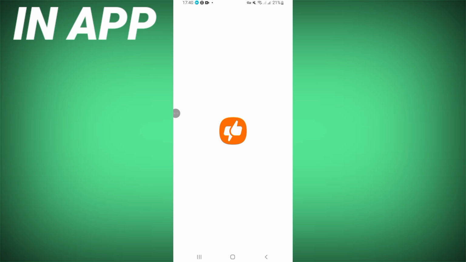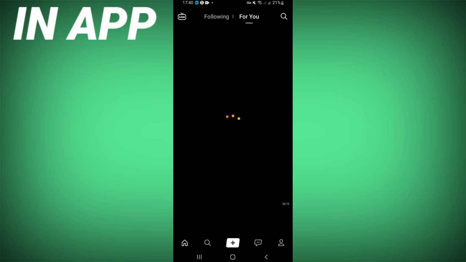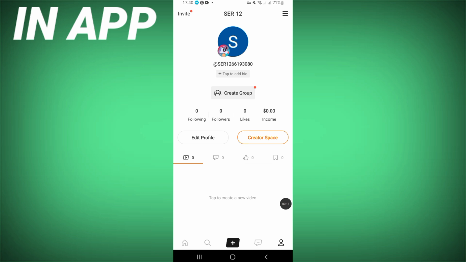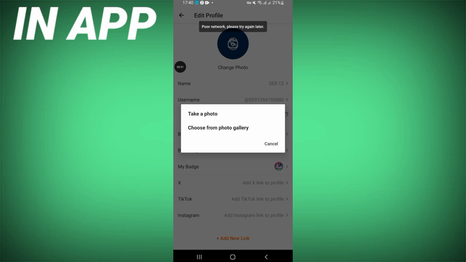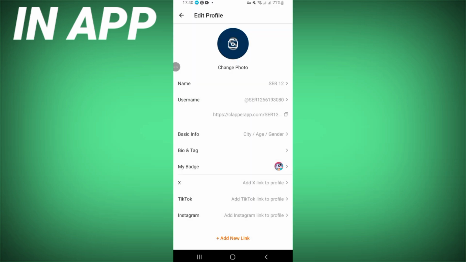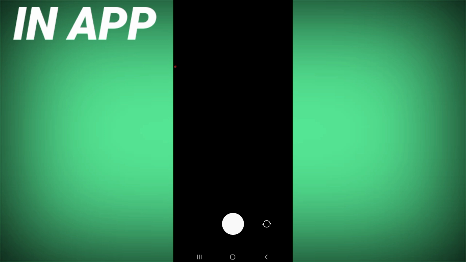After opening your Clapper app, you just have to go directly and click on your profile. So right now click on edit profile. You'll find right now your profile picture. Click change photo, take a photo for example, and I will right now just take photo